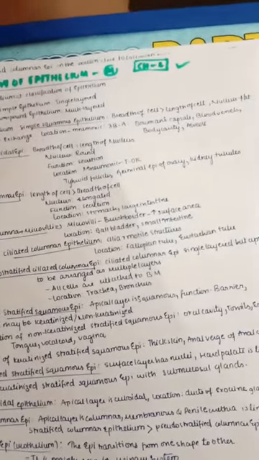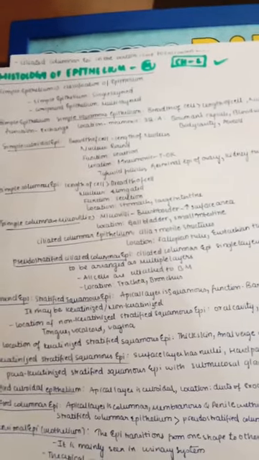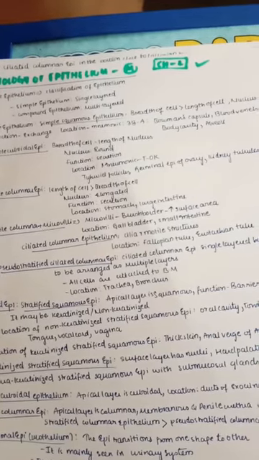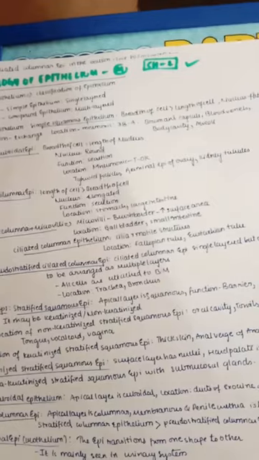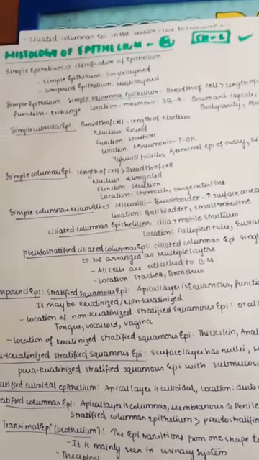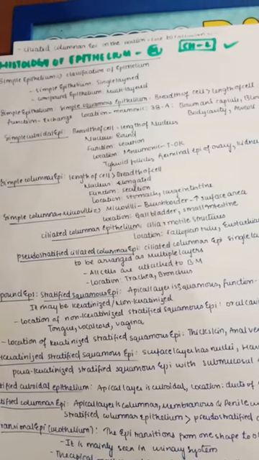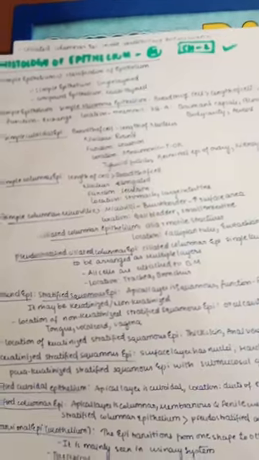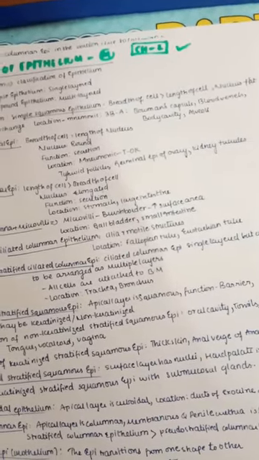So what is simple epithelium? The cells are directly attached to the basement membrane, so there is only a single layer of cells. Here the breadth of the cell is more than the length of the cell in the case of simple squamous epithelium, and the nucleus is flat. We see simple squamous epithelium mainly in exchange-type cells, and the location mnemonic is 3BA: Bowman's capsule, blood vessel, body cavity and alveoli.